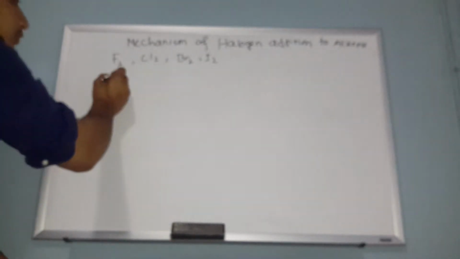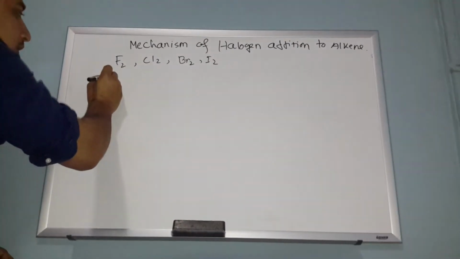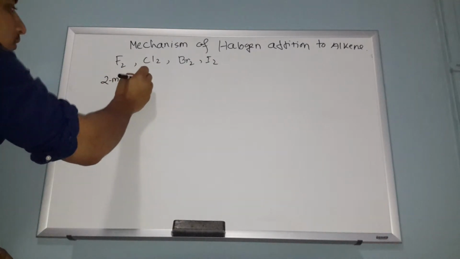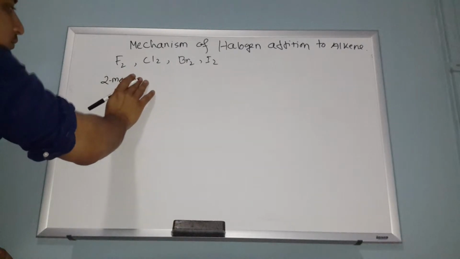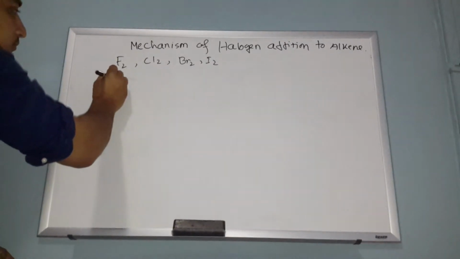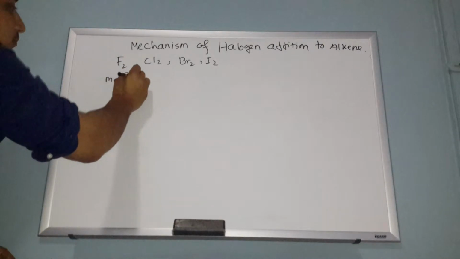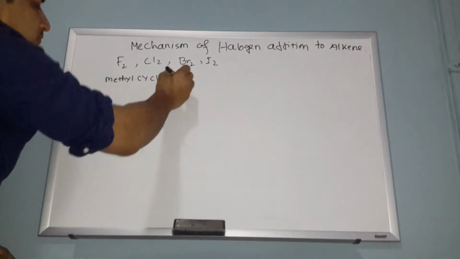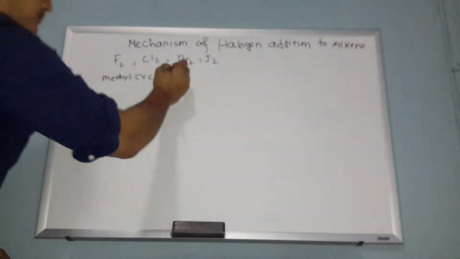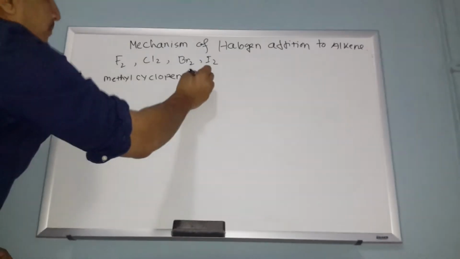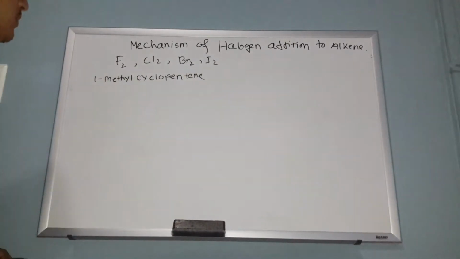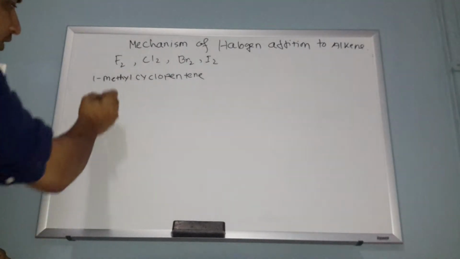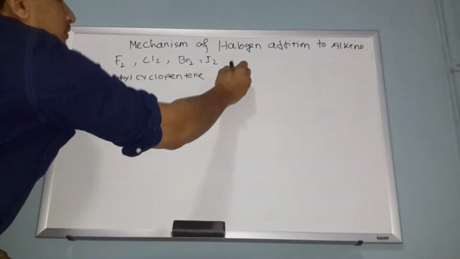So alkene, for example, if you have 1-methyl cyclopentene. So 1-methyl cyclopentene reacts with